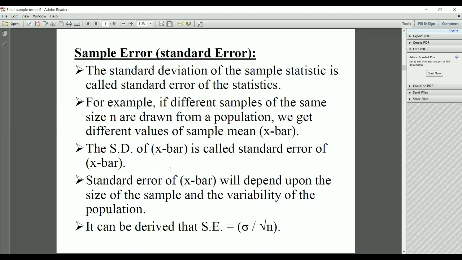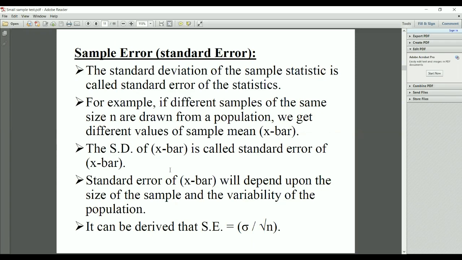Now the standard error. We have gone through all the formulas. What is that? The standard deviation of the sample statistic is called the standard error of the statistic. For example, if different samples of the same size n are drawn from the population, we get different values for